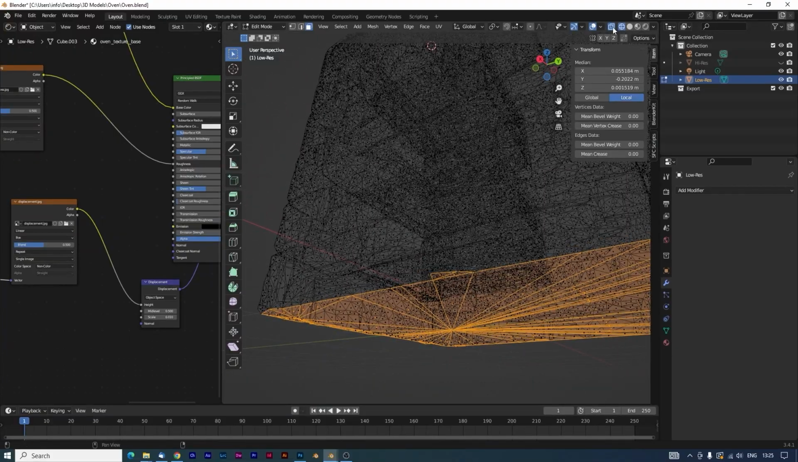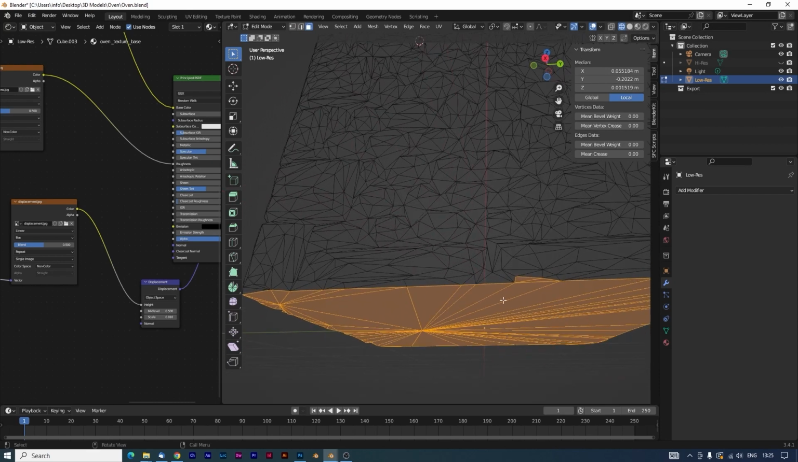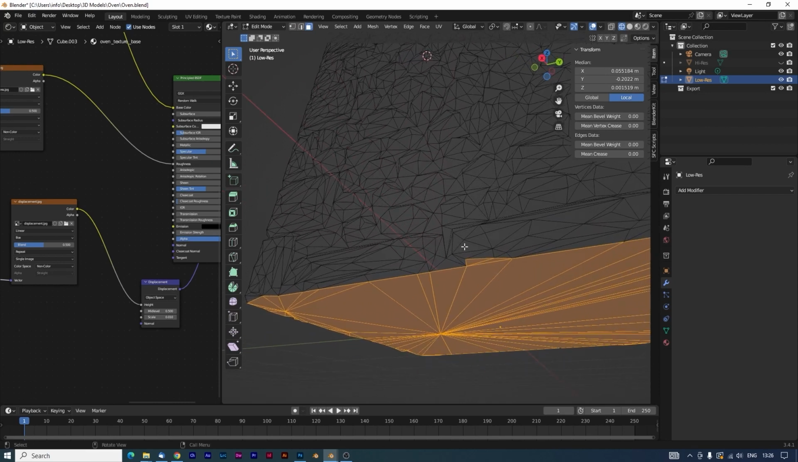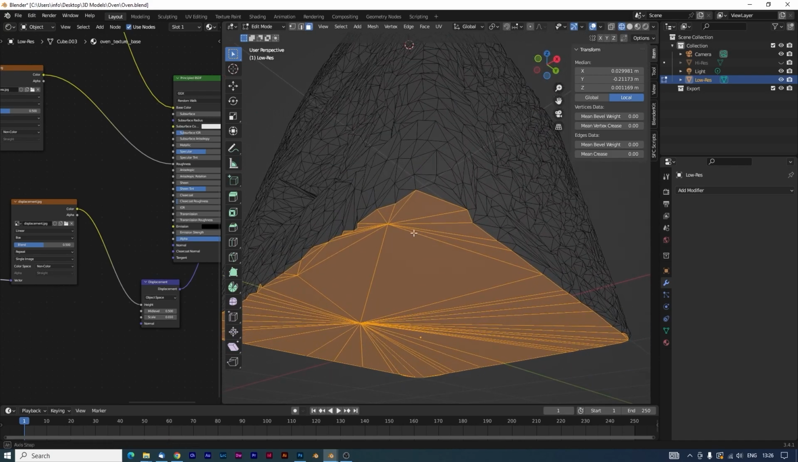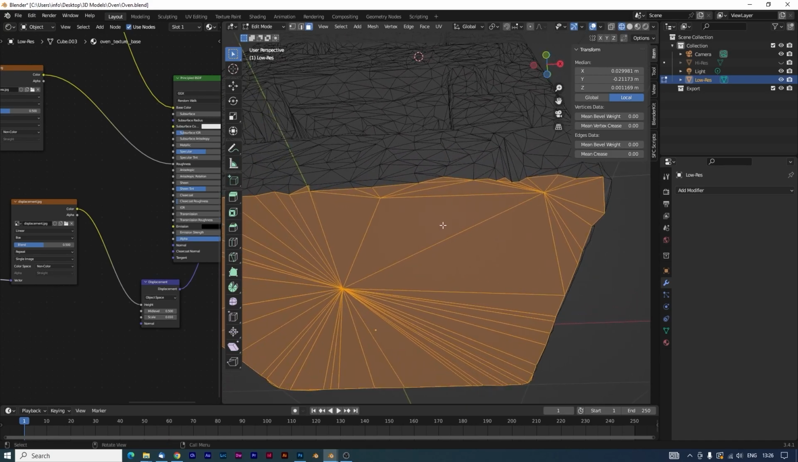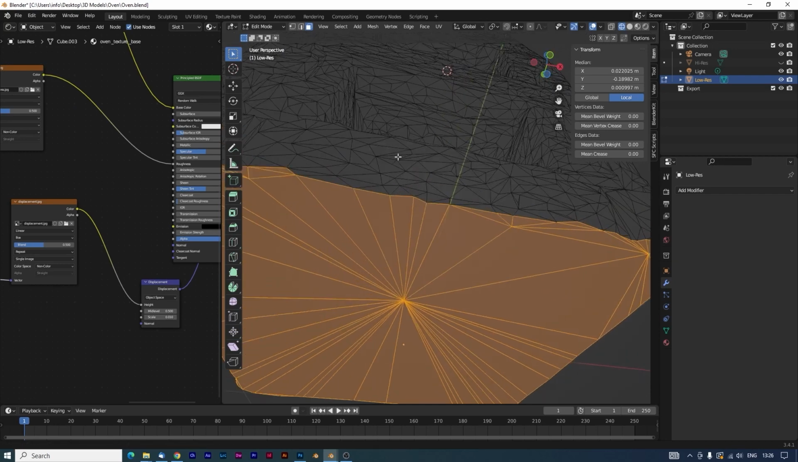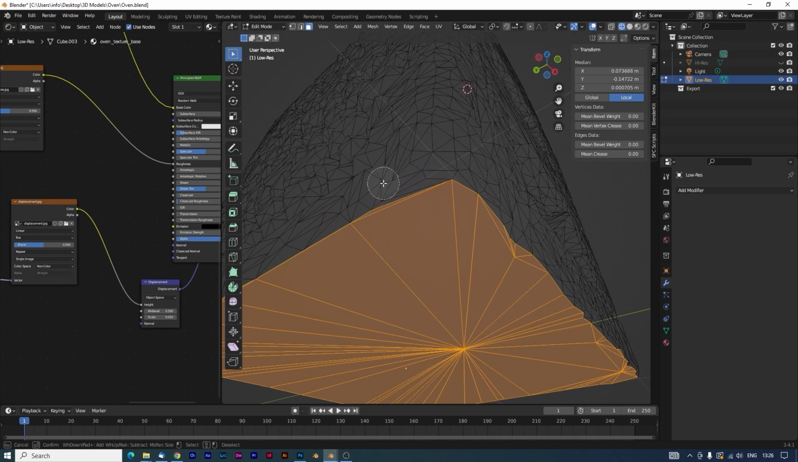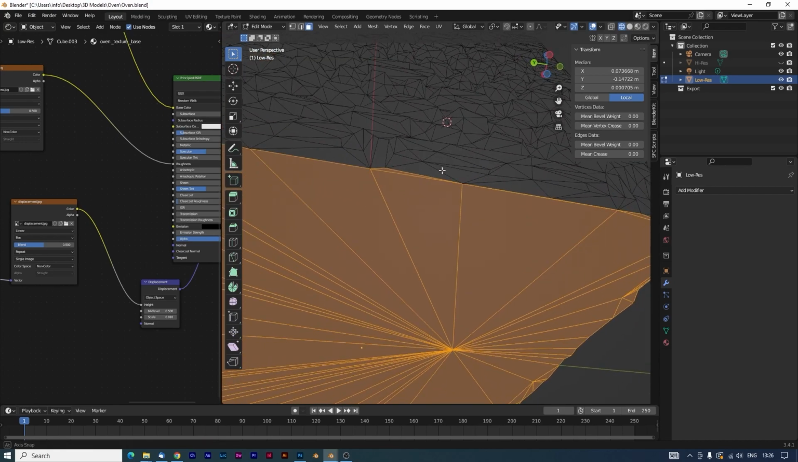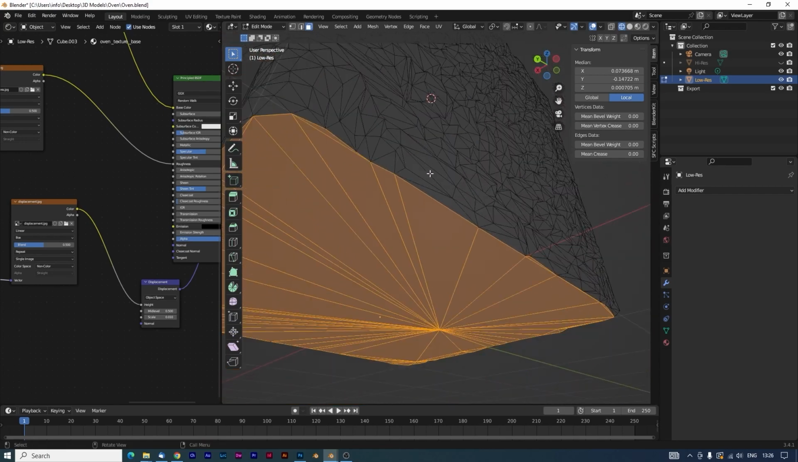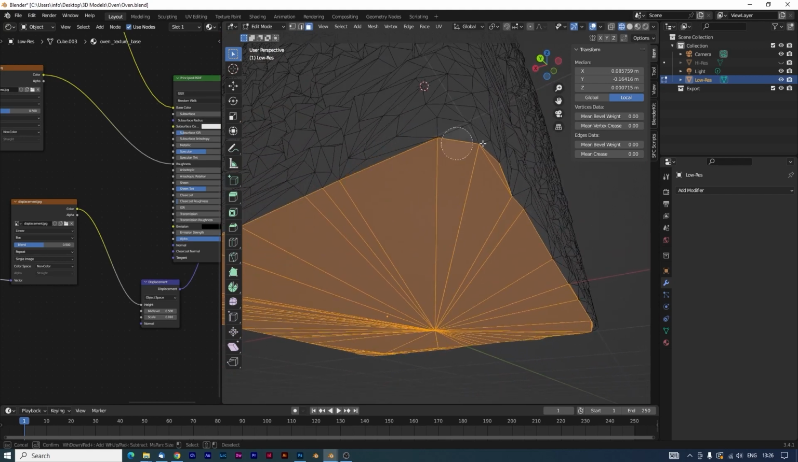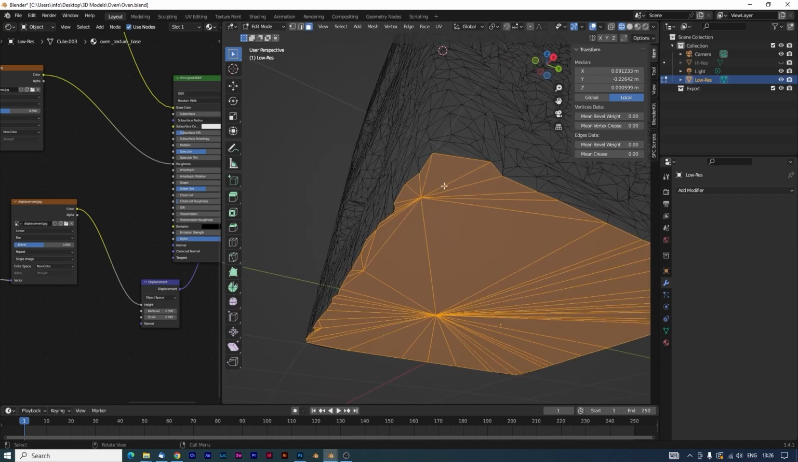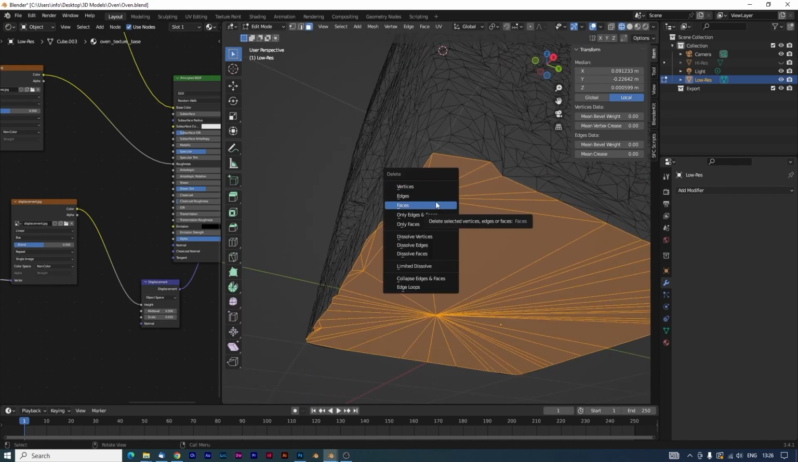Sometimes if I just click off the X-ray for a second, it takes in a few bits that it shouldn't do, so it might be worth spending a bit of time deselecting faces that you really don't want to select. And my favorite method is by pressing the C on the keyboard, and pressing the mouse wheel will deselect. You may need to wiggle the viewport around a little so that you can see what you're dealing with. Hit X and delete faces,